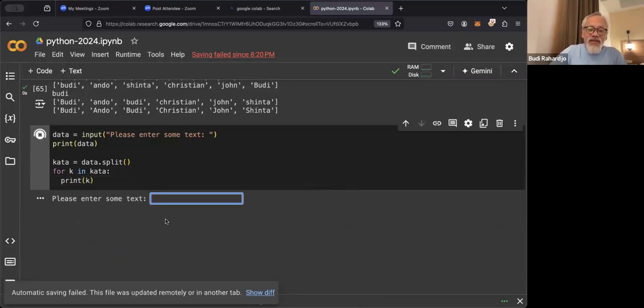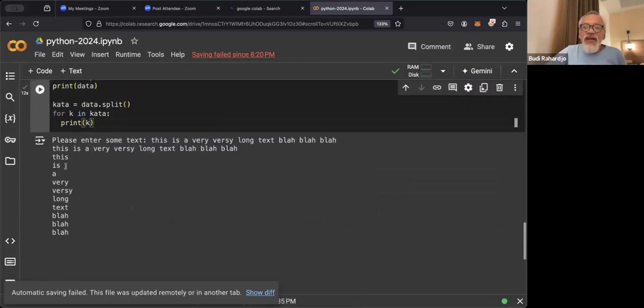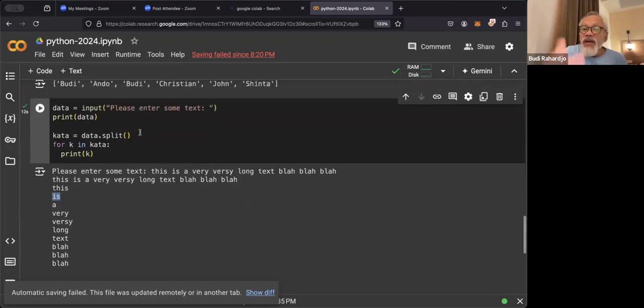So this is what I do. Okay, again, this is a very, I should have copied it, blah blah blah. So it will split this very long line into this is a very long text, blah blah blah. So we can count the words, for example, whether the words are positive or negative. So this is good for processing text. If you have a large number of text, you can do it in Python. You can cut it, or we can tokenize. We call it tokenizing the sentences into words.